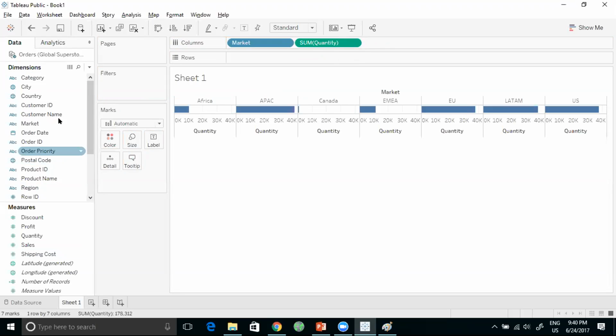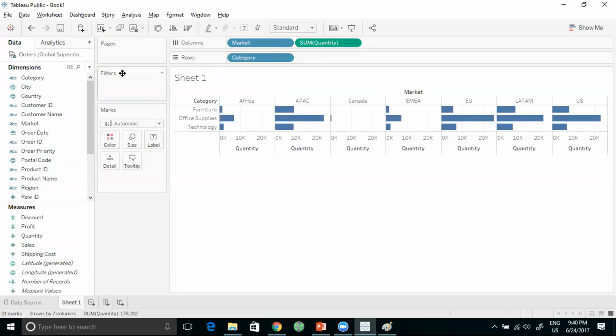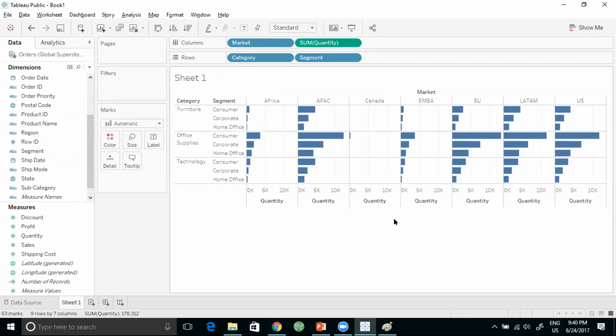And after that, I'd like to see which category of products I'm selling well. And finally, which segments am I selling well? As simple as that, right? And just as quickly as that, visually, we're able to figure out all the different markets, Africa, APAC, Canada, EMEA, EU, LATAM, and the US. And we're able to figure out the different categories and the different segments. Some of you had a question saying, how different is it from Excel? And Karthik says, whoa, and Gautam says, perfect, right?